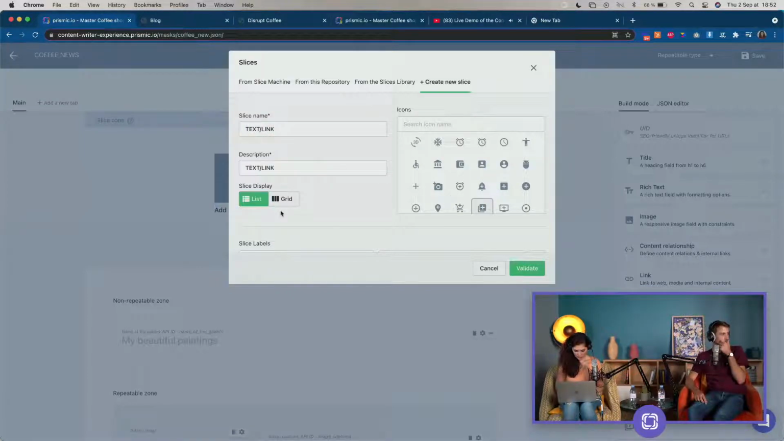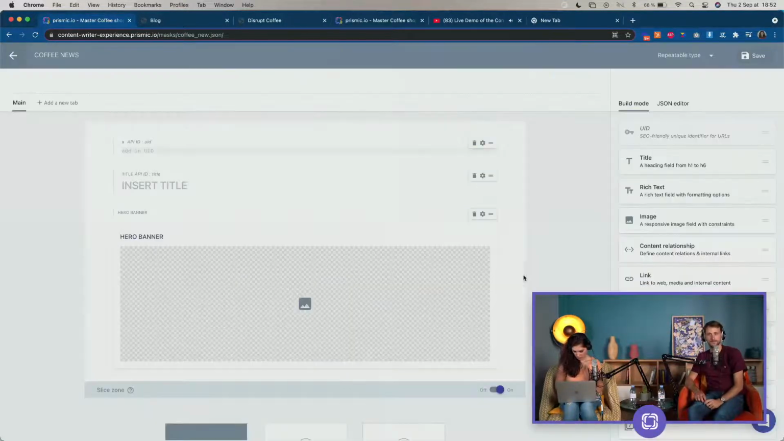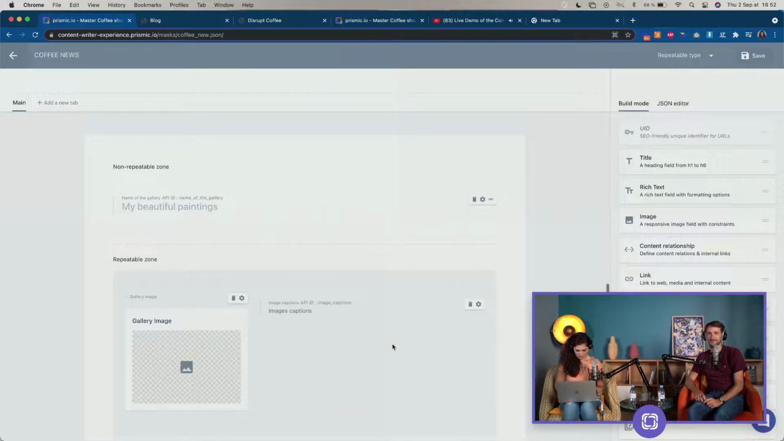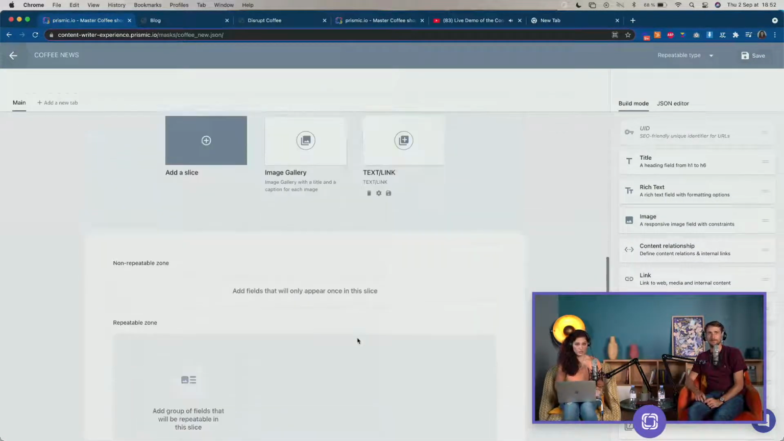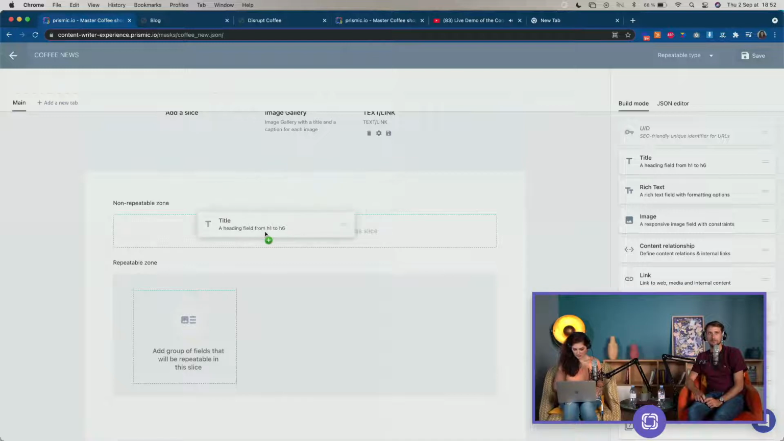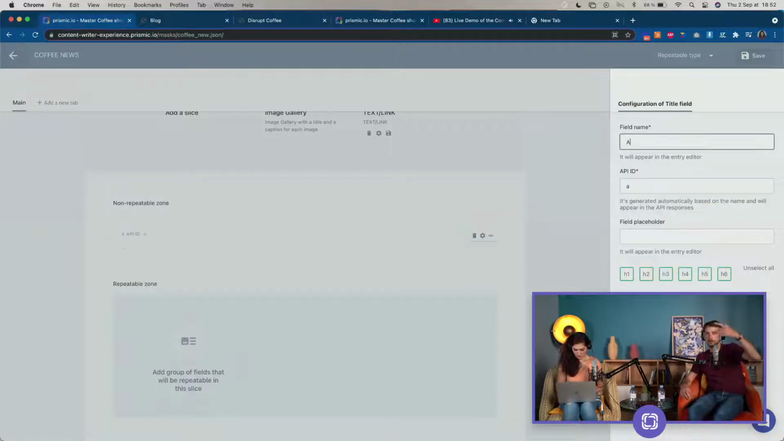Very quickly, grid view maybe. Okay, and then I will open this, which is empty. I will drag and drop title. So it could be the title for your section, let's say. And then what could be interesting, because we had a comparison table, is maybe to get a repeatable set